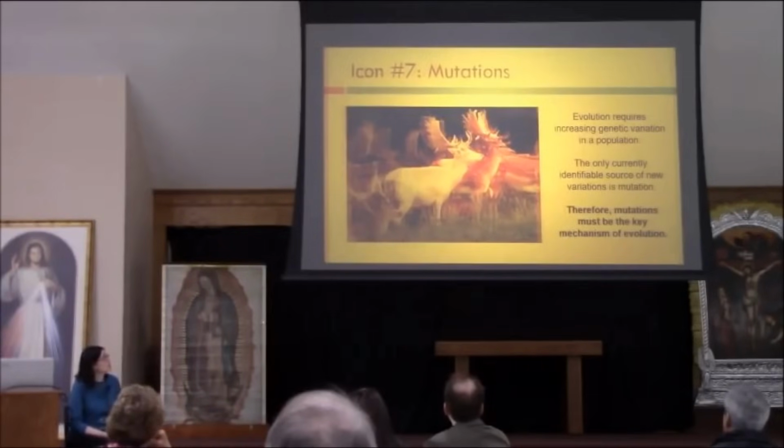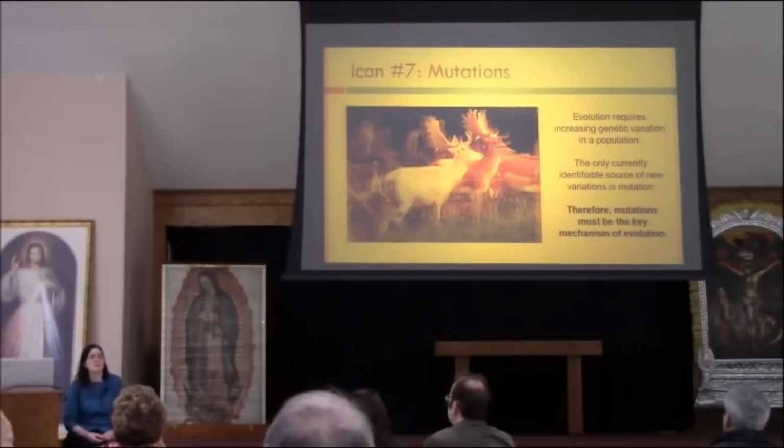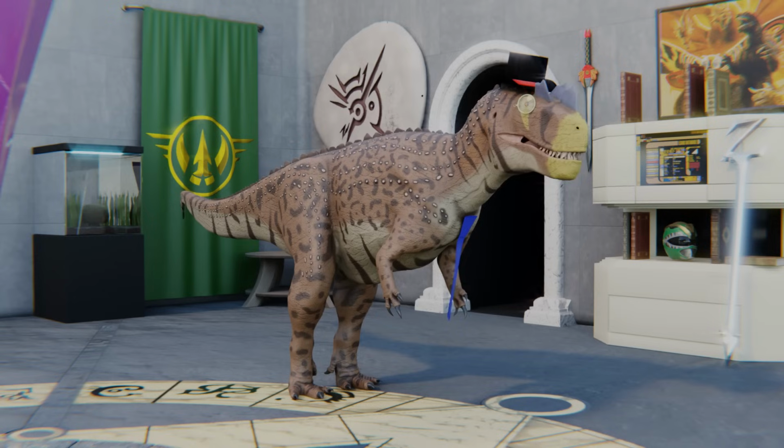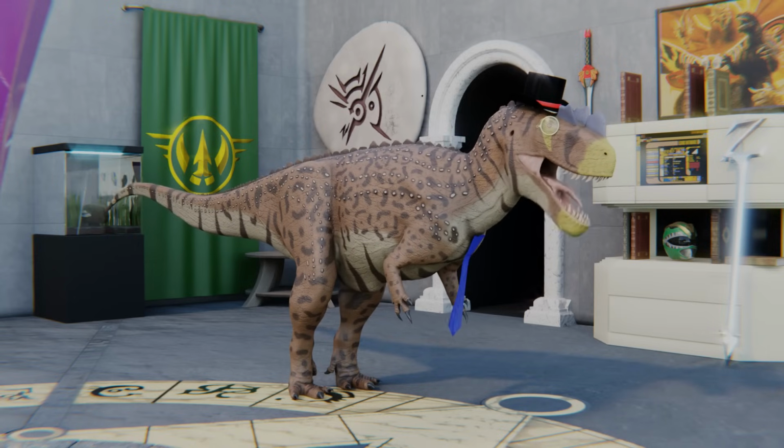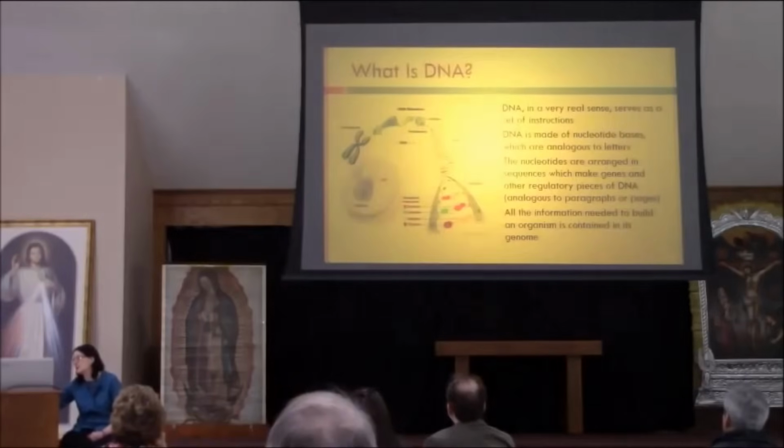Right. The only currently identifiable source of truly new information or new variations in the genome is mutation. So there are a couple of other ways that you can mix up information that's already there, but the only way to get new stuff is for there to actually be a change in the DNA sequence. I mean, except for the whole thing about information, yeah, the source of new genetic variation is mutation. And in case you haven't taken